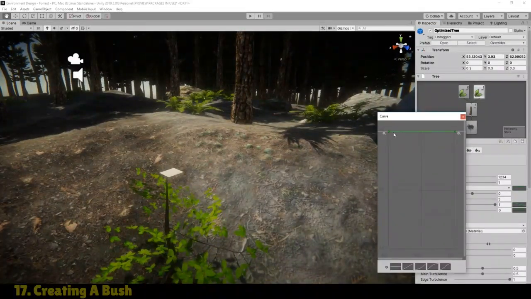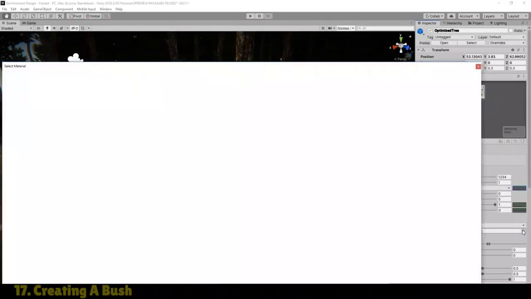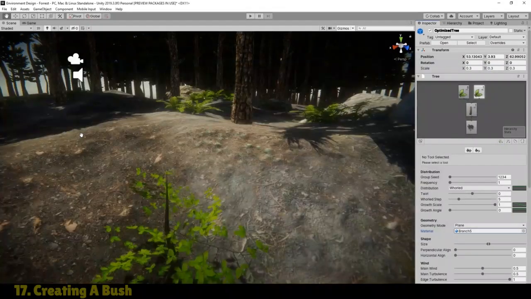But by the way, you can use your curve in order to move these around. So, for example, I can move that up and down the actual branch itself just using that curve. Okay, but I do actually want this one to be on top. And once again, I'm going to use that same material, that branch 5,